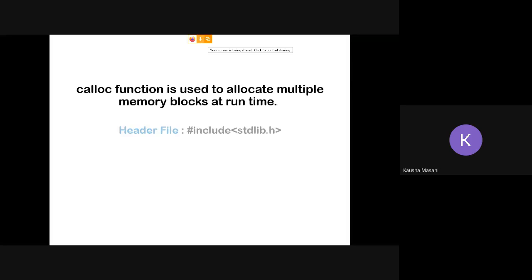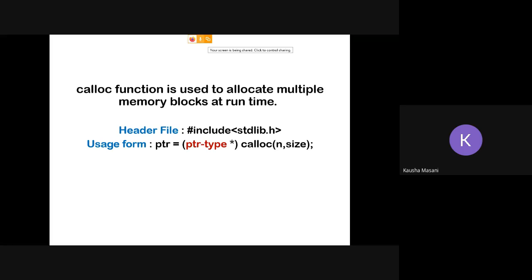The header file again is include stdlib.h. And the syntax for calloc is ptr equal to ptr type star calloc n comma size. This n comma size is because it is going to assign multiple memory blocks. It is not going to assign a single memory block.